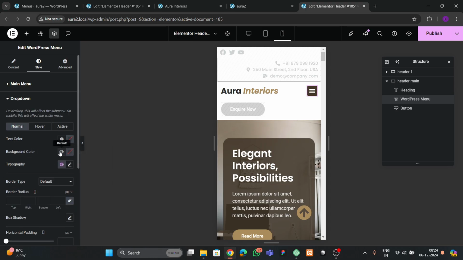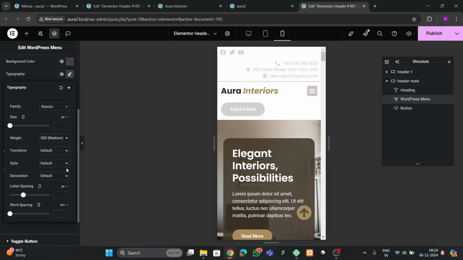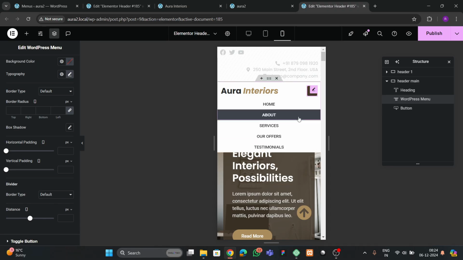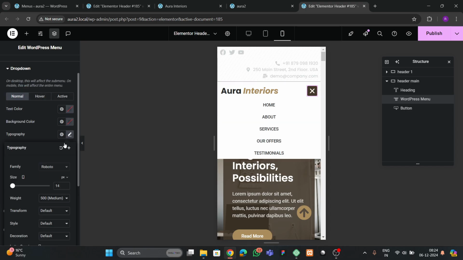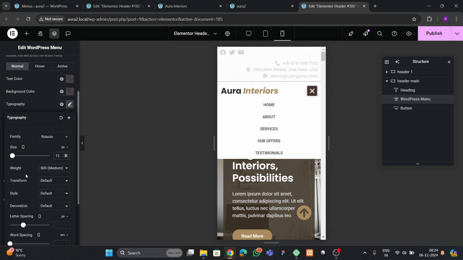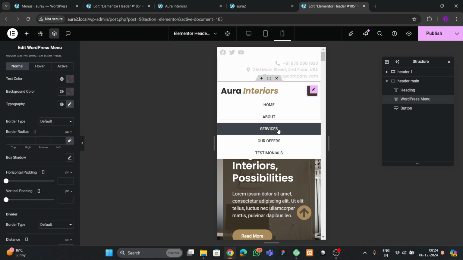Drop down, and here we can make this to, let me see, so from here you can go here and you can play with the font size from here. So let me keep this 13 pixel. Okay, and here you can change the fonts and all, whatever you want, and also we can change the hover